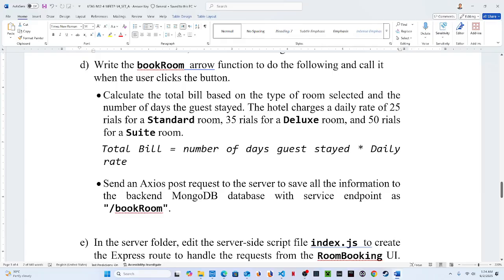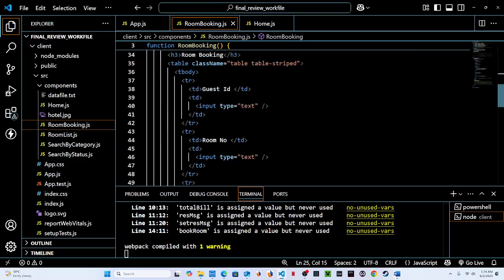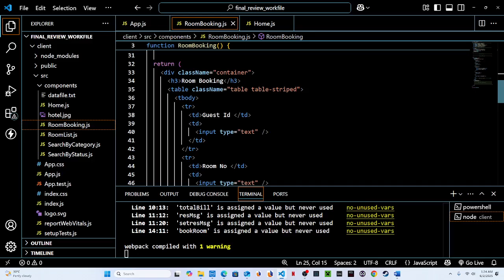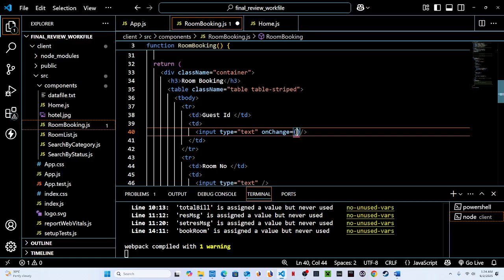So we need to also invoke some on change in our DOM, and to work on that one, probably I could use this guest ID at the moment, right? The guest ID, and the guest ID input type text with the self closing tag. Maybe I can use now on change. All right, on change JavaScript. That is E. Right, let's use the variable E. Arrow, which is equal to